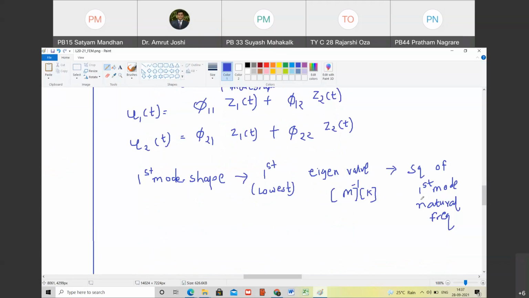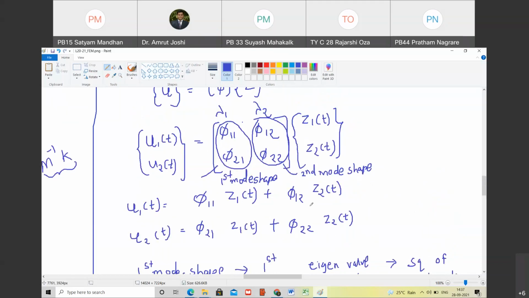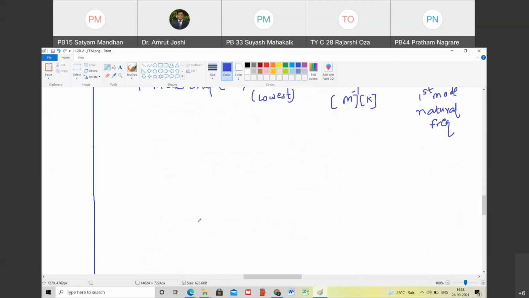Yes, sir. Now what exactly are these mode shapes? वो हम देखने वाले. By the way, हमने problem अभी solve कर दिया है. You have the value of phi 11, phi 12, phi 21, phi 22. You just substitute them. You will get u1 as a function of t and u2 as a function of t. So you have solved the problem. Are you with me? Yes, sir. We are going to plot it on Excel for sure. But उससे पहले I am trying to make you understand the various concepts involved. Are you with me? Yes, sir.